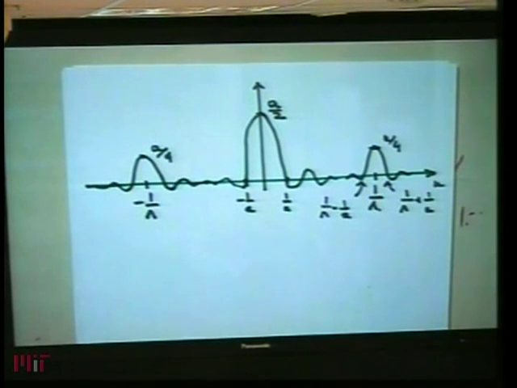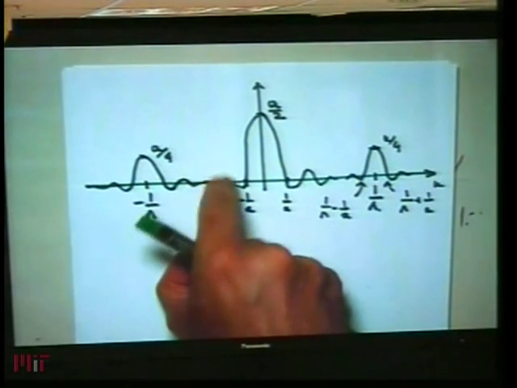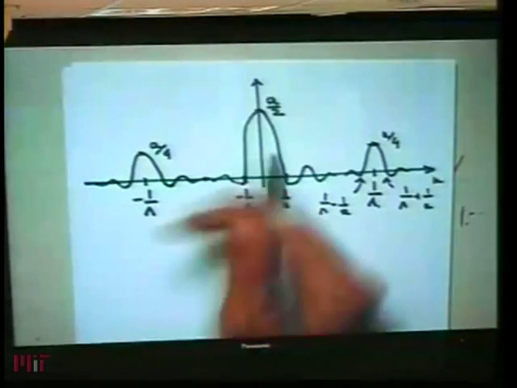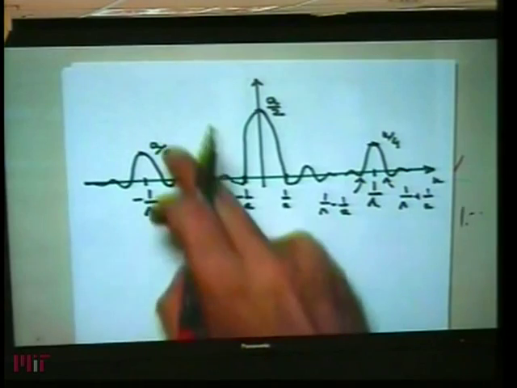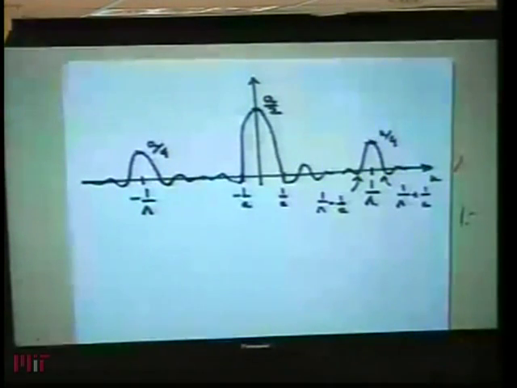And now my assumption that I have several periods of the grating within the boxcar is quite convenient, because I can draw these sinc functions and ignore what happens in between. As you can imagine, something complicated will happen over here because the sincs are actually adding coherently, so something funky will happen. But if they're pretty far apart, the envelope of the sinc function decays quite fast, so I can more or less ignore what is happening over here. I can simply draw the sinc functions. Of course, this is because I'm doing it by hand. If I use a computational tool, such as MATLAB or Mathematica, it will do it for me. Okay, so this is the one-dimensional calculation that is easier to do by hand.